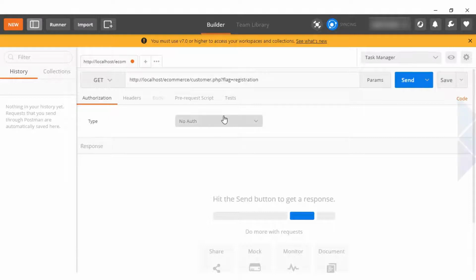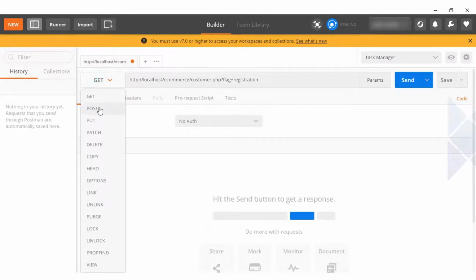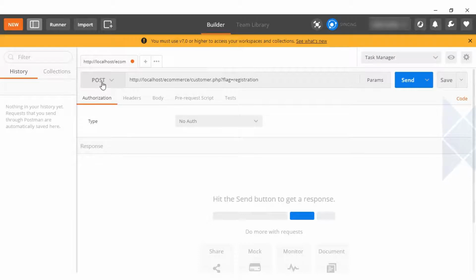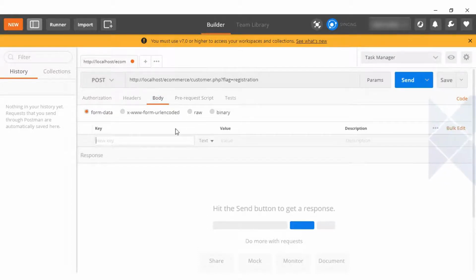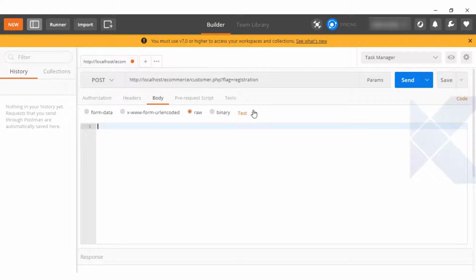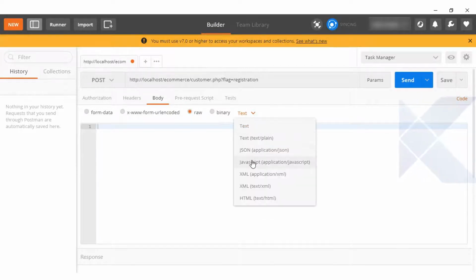Next we want to pass the data which I want to insert at the time of registration. For that we select the POST method, and once you select POST you can find the Body option. Inside Body you select raw, and then you get different options for what kind of data you want to pass.